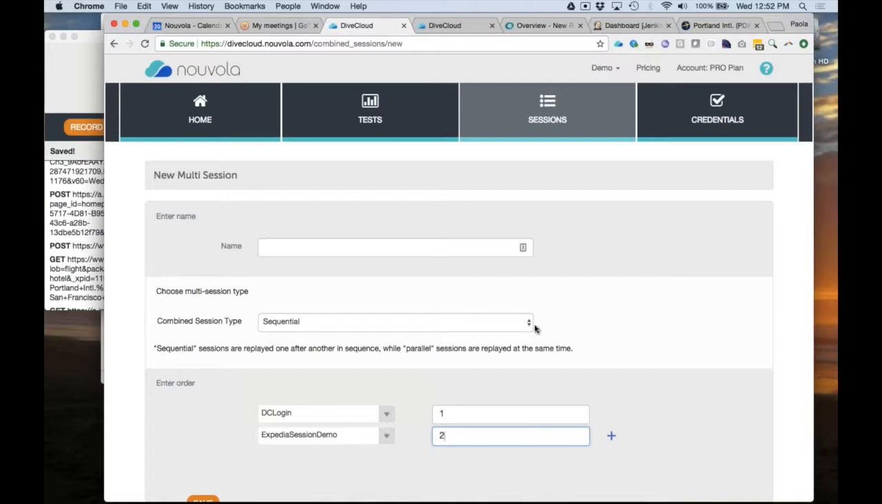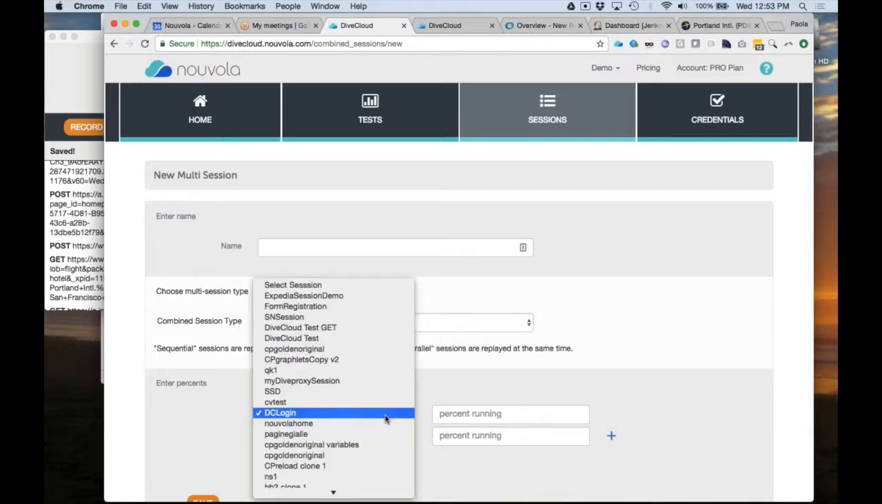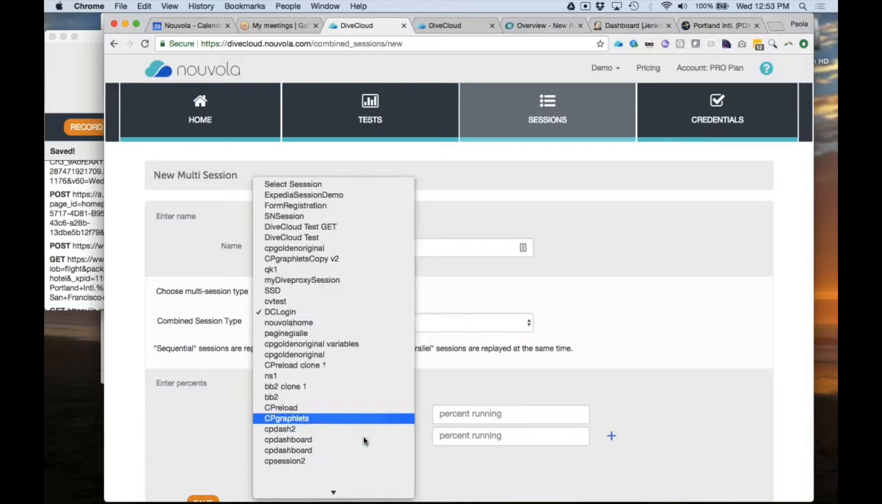The other thing you could do, in the alternative, is say, okay, I want to generate a load where I have different types of scenarios. Like I might have some users that are just reserving a car, and some users that are instead reserving flights. So then what you can do is a parallel session and say, I don't know, let's